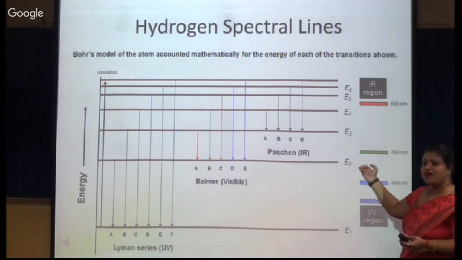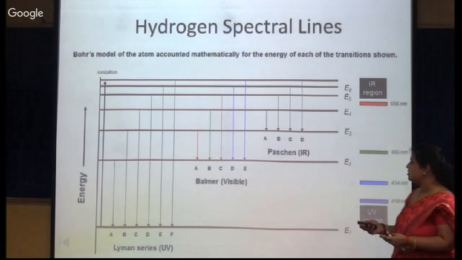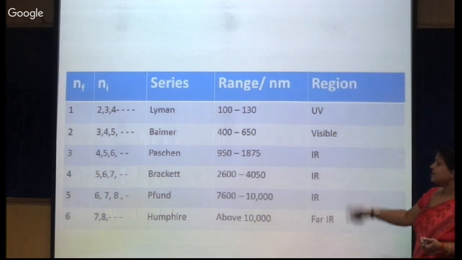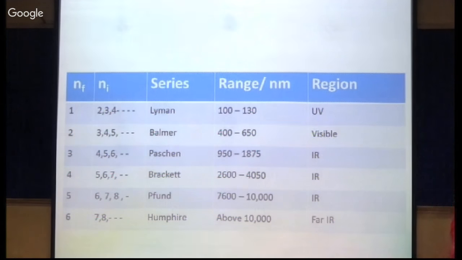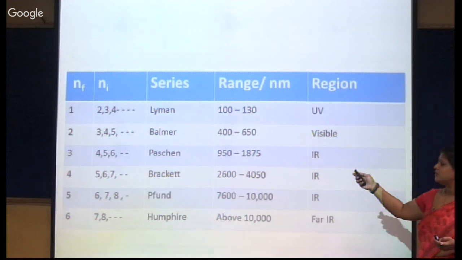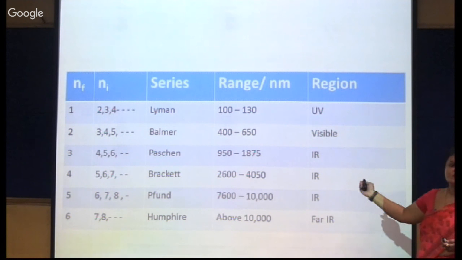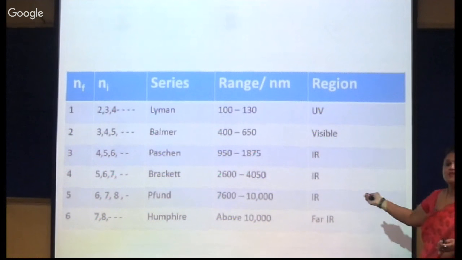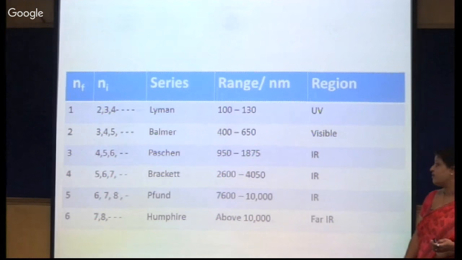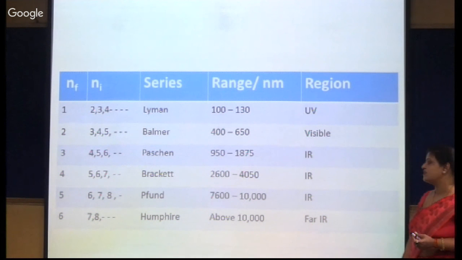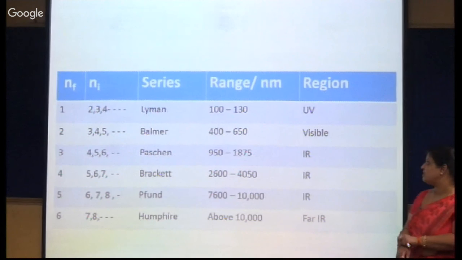We have the Pfund series, Humphreys series, and so on. The Brackett series, obviously, in between. These are the various wavelengths that we have discussed last time. Lyman lies in the 100 to 130 nanometer region, Balmer from 400 to 650 nanometer region, Paschen from 950 to 1875 nanometer, Brackett from 2600 to 4050 nanometer, Pfund from 7600 to 10,000 nanometer, and Humphreys series if it is more